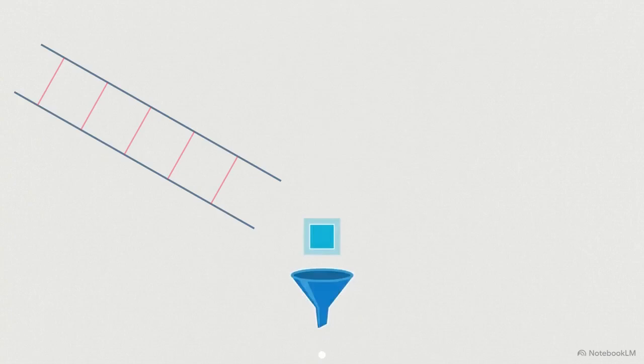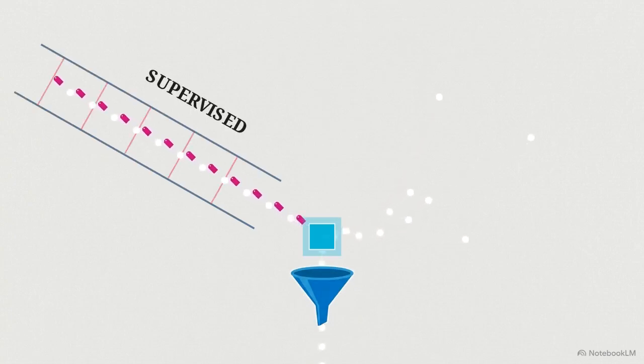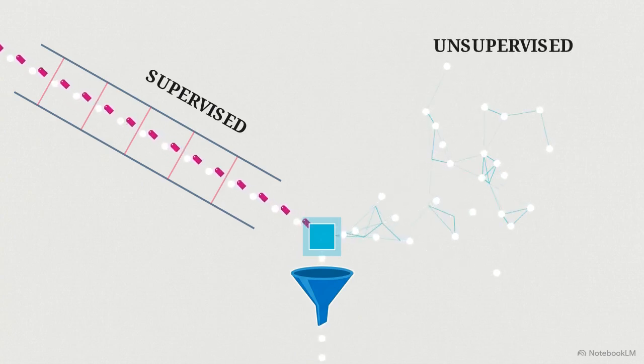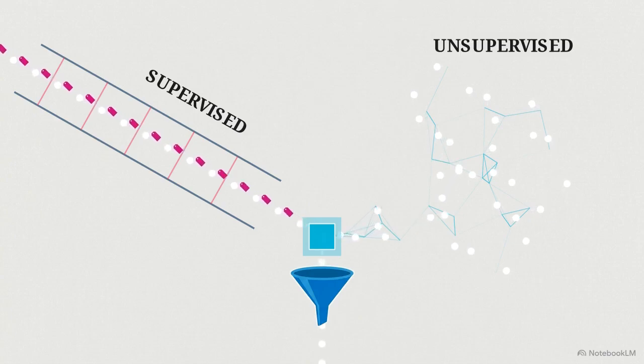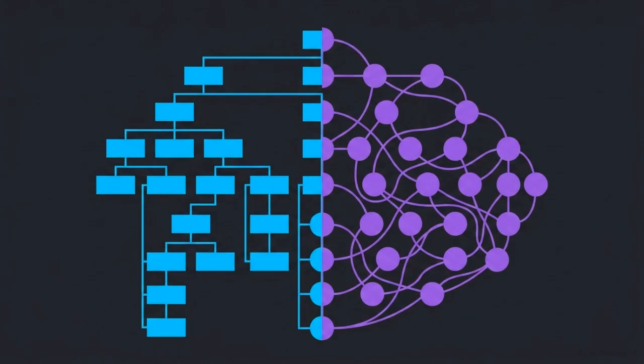To solve this, data scientists route raw information through two distinct training pipelines. Data can be sent down a strict linear path with heavy guidance, or into an expansive exploratory web left to its own devices. These two frameworks represent the basic logic used to translate raw information into digital intelligence.